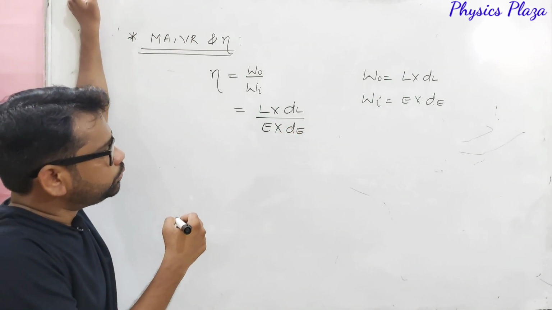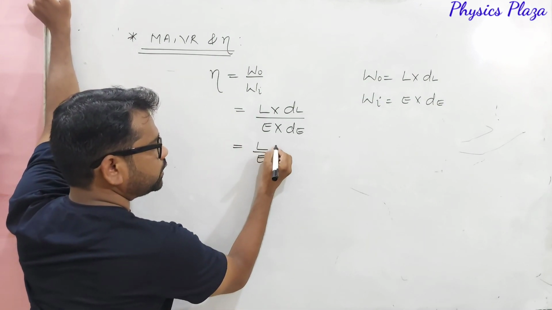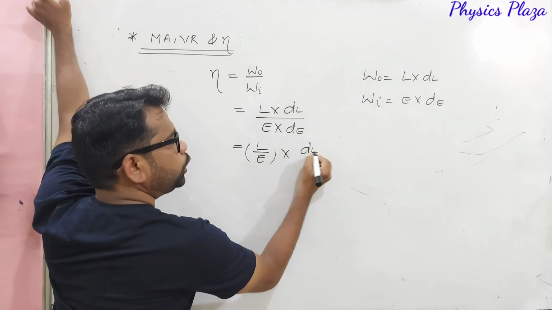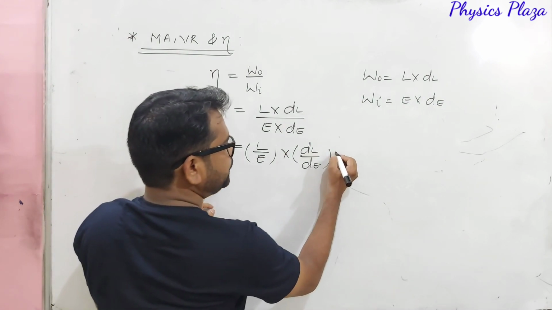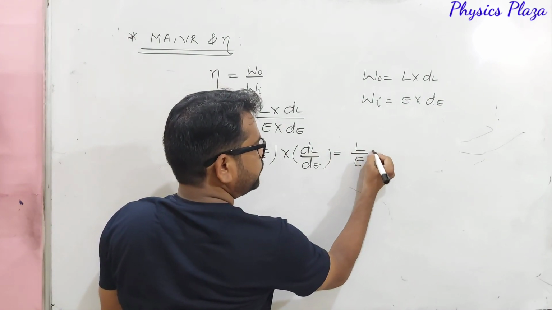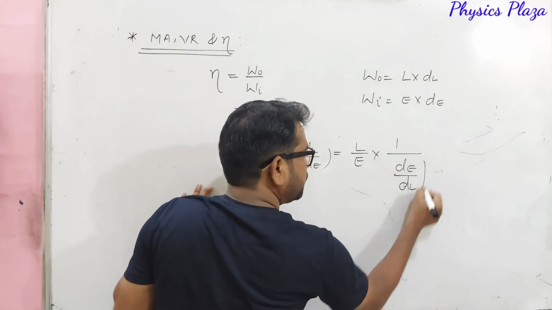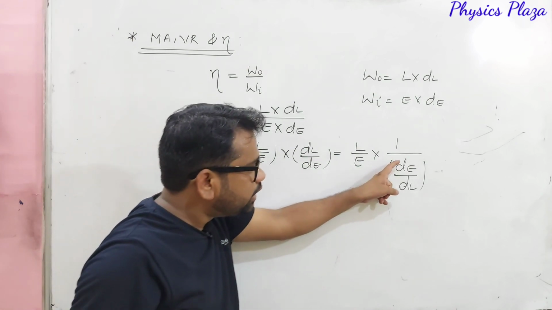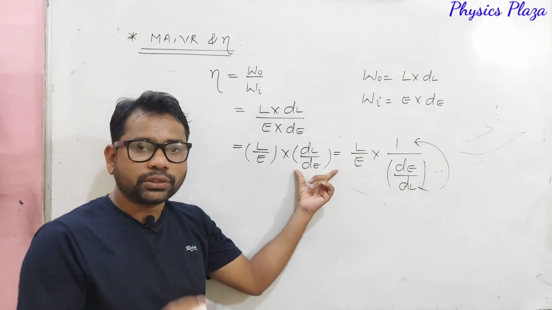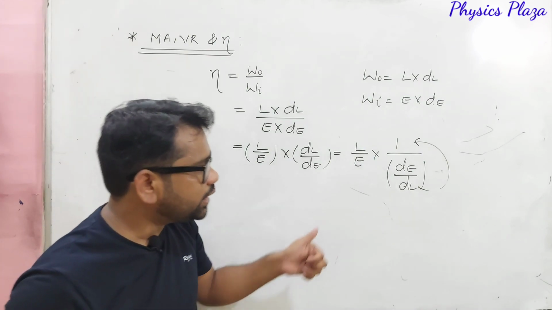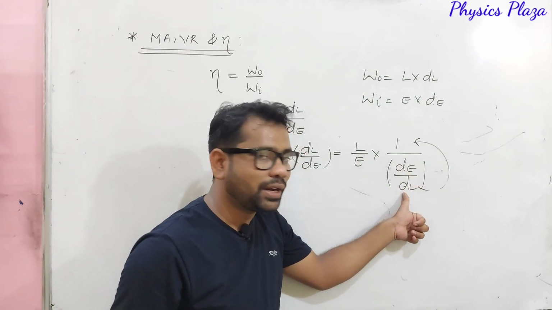So for the sake of our comfort, can we write it like this? Load by effort into load displacement by effort displacement. Of course we can write. And can we make a little more change? Load by effort into effort displacement by load displacement. Of course we can write, because a denominator in a denominator will become the numerator. Again you will get the same thing, so nothing is different. But dear children, look here. It is load by effort, and it is effort displacement and load displacement.